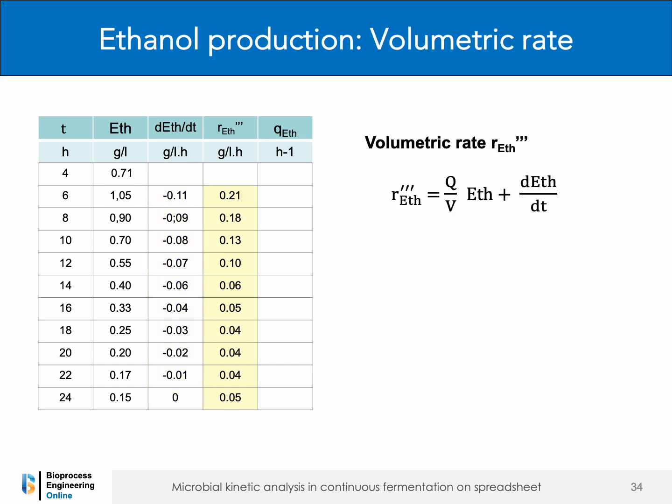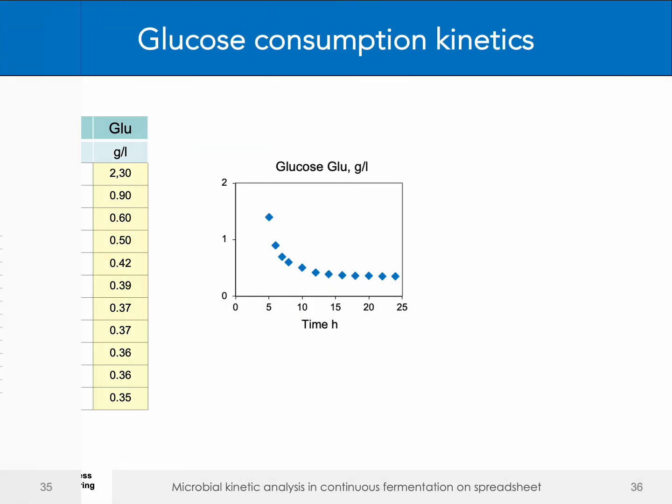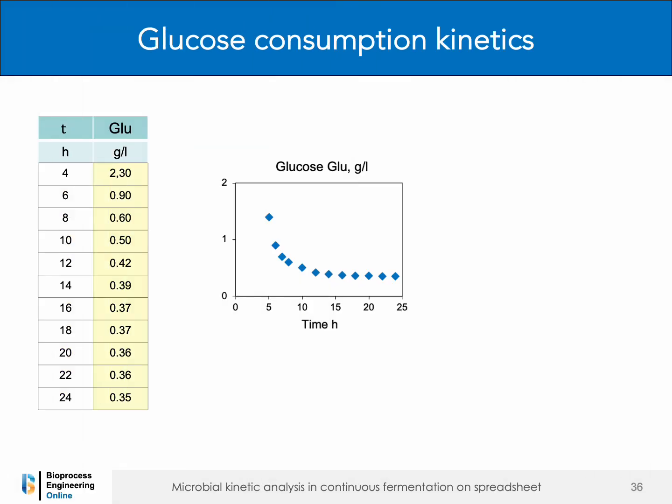Determine the volumetric ethanol production rate R_eth,3 equal to Q over V_th plus d_eth over dt. Finally, calculate the specific ethanol production rate, Q_eth, as R_eth,3 divided by X, and graphically display its time variation. In the glucose consumption rate section, you proceed in a similar way to first determine the third-order polynomial curve that